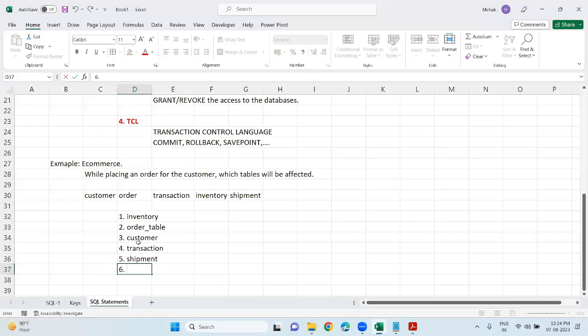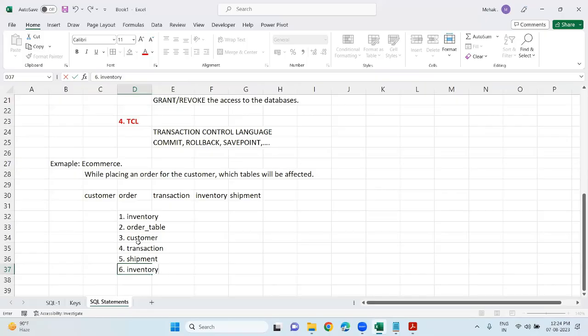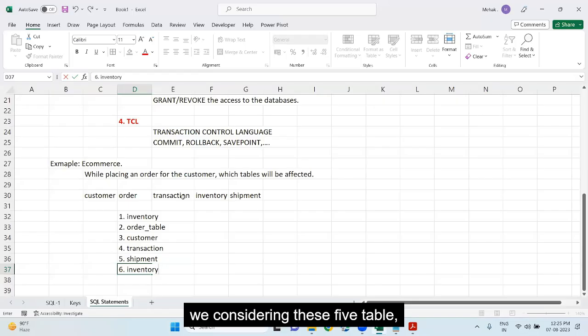इन्वेंट्री भी तो अपडेट होगी अब, ठीक है। Then inventory gets updated again. हम लोग कंसीडर ही नहीं कर रहे हैं, अगर वो कर रहे हो तो यस वो भी अफेक्ट होगा, ठीक है। तो उसमें रिटर्न स्टेटस आपका क्या आ जाएगा? 0, बट जैसे किसी ने रिटर्न कर दिया तो वो स्टेटस अपडेट से 0 से हो जाएगा 1, ठीक है। बट वी आर कंसीडरिंग दीज 5 टेबल्स।